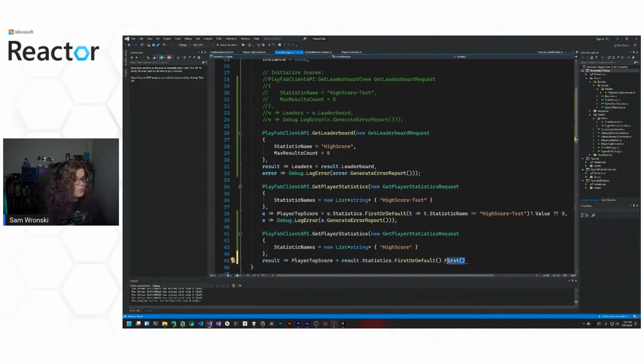But if you give it a parameter, it will do the first that matches that parameter. To do this, you need LINQ included in your project. Another thing, we're going to look at our statistic name and find one where the statistic name is equal to high score. And so we're going to do that.